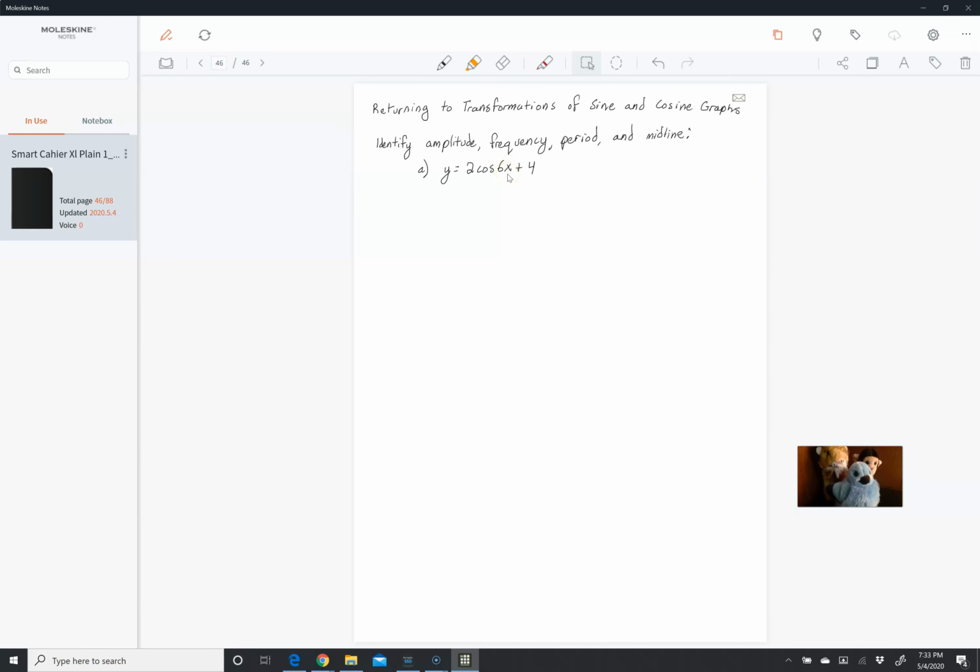Notice I didn't translate the x left or right in this one. That's because when we go backwards and we create the graphs, we're not going to be looking at translations to the left and the right. So first of all, you're going to go back to this idea of a cosine bx plus k. Notice I left out the x minus h here. We're using cosine, and everything is the same with cosine. So our amplitude